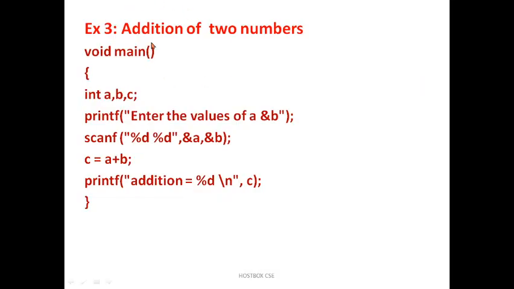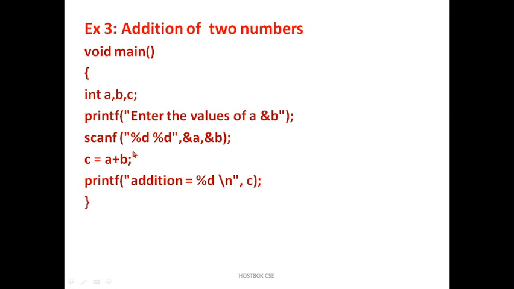Now we are going to see the addition of two numbers. In the previous sessions we already initialized the values. Now we are the user, we are going to give the input values, that is the A and B values. If you want to do this, to get the input from the user, I am writing printf enter the values A and B, and C will take it automatically, that is C is A plus B.